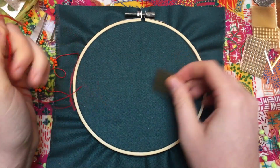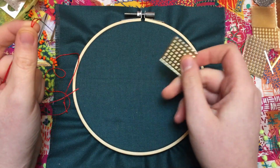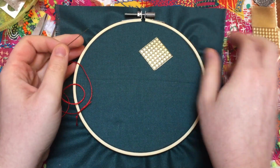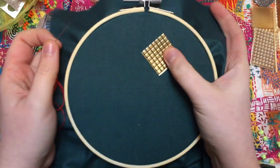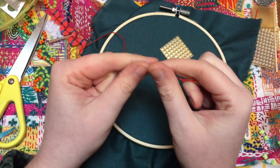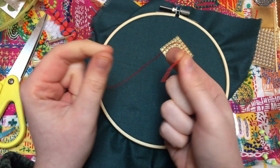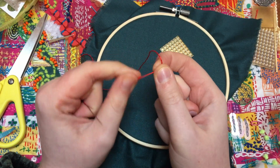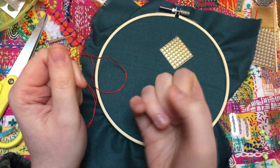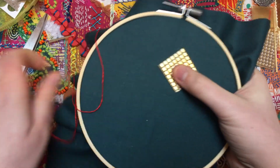So I want to decide where I want to put it on my fabric, or if you're using paper, on your paper. And we're just going to stitch flat shapes on it. It's almost like collage, but we're using our needle and thread to attach the things to the background. So I'm just holding it with one hand. I've got a nice double knot on the end of my thread. That's really important to make sure you don't pull it all the way through. If you're working on paper rather than fabric, you might need an even bigger knot because